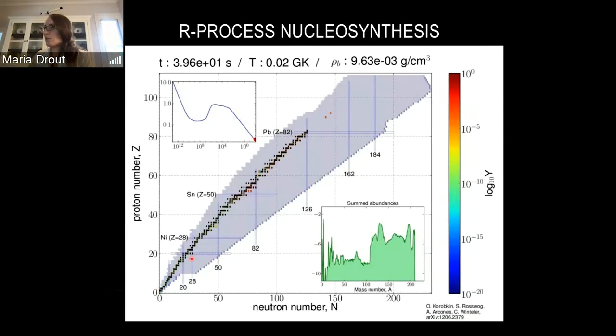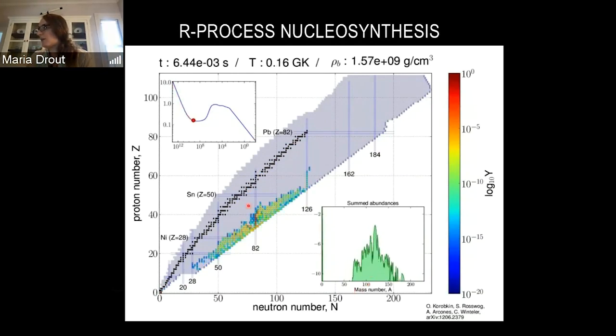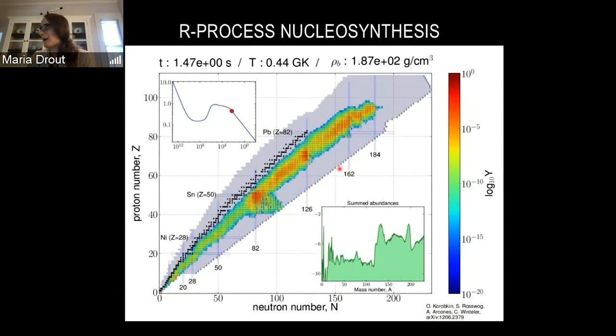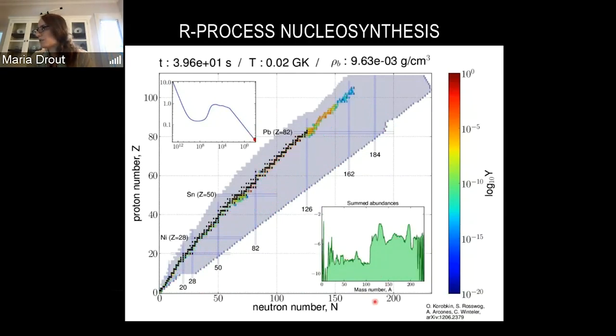So I'll show you it one more time, and pay attention to this plot in the lower right, which is just showing you what elements you have a lot of abundance of. So at the beginning, we have some heavy elements. But as we go on, you're going to be gaining a bunch of neutrons. And then as you undergo this beta decay back down to more stable elements, you end up with a distribution of elements where you now have much heavier elements than you started with. So this is how we can inch our way up the periodic table.